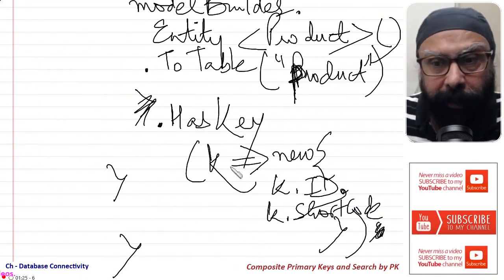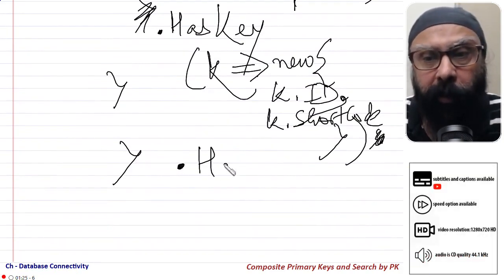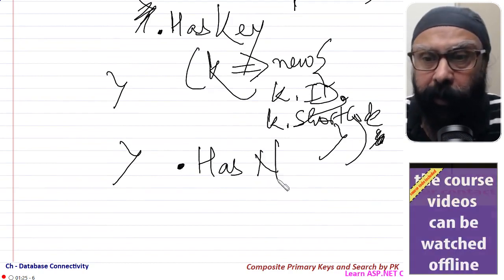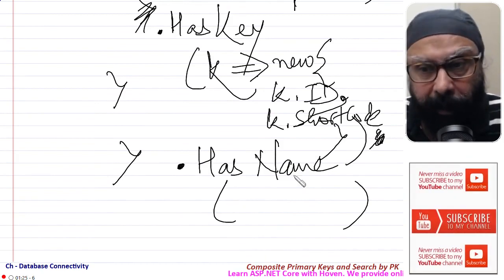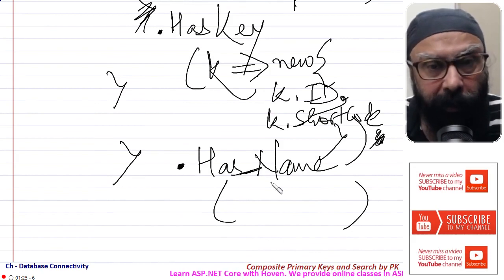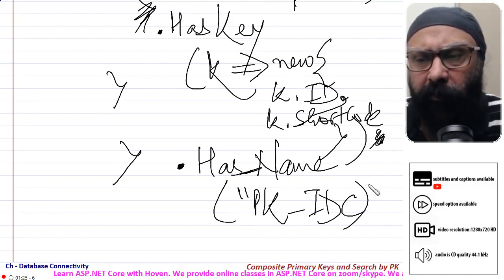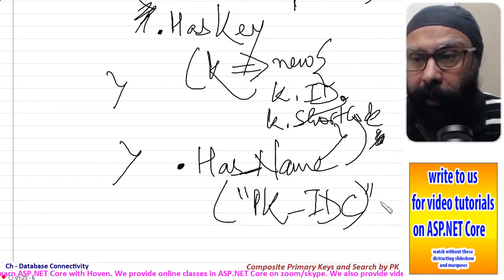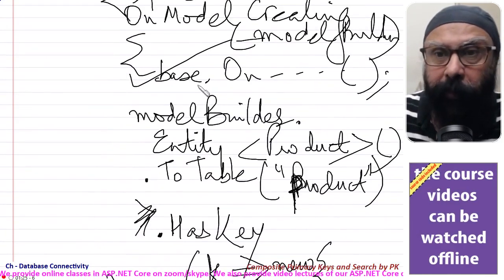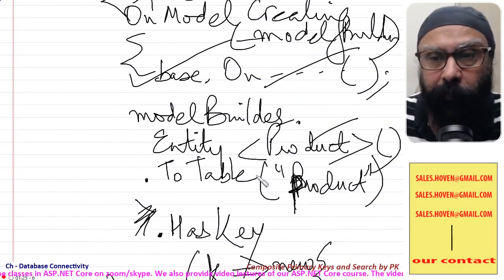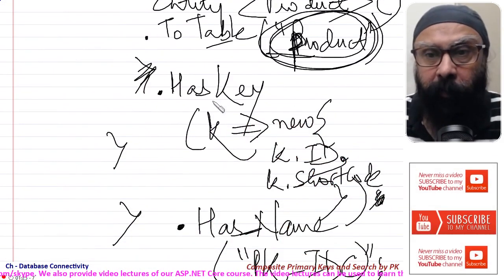ToTable, then .HasKey, then another chain. We can give a name to the primary key constraint, so that this name can be used during direct searches if required. .HasName, and we can give any name, PK_Id_IdC, whatever name you want. And then we put a semicolon here. So this is a bit long story, but in OnModelCreating, modelBuilder.Entity<Product>.ToTable, this is an optional name of the table in the database. HasKey,